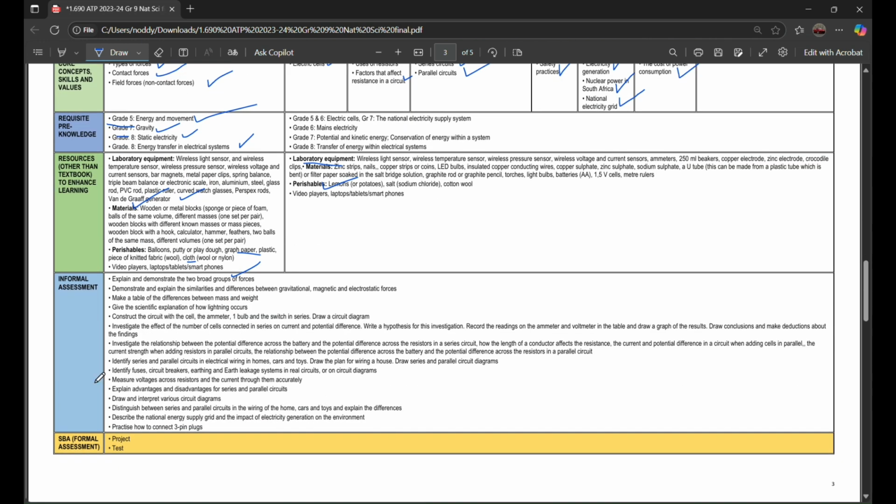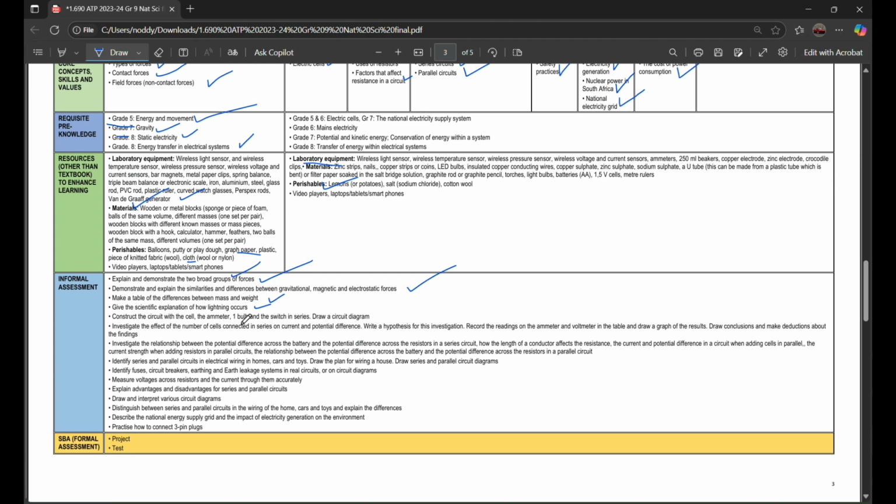So within the informal assessment that you're gonna be given, you'll have to explain and demonstrate the two broad groups of forces, demonstrate and explain the similarities and differences between gravitational, magnetic, and electrostatic forces, make a table of the difference between mass and weight, give the scientific explanation of how lightning occurs,